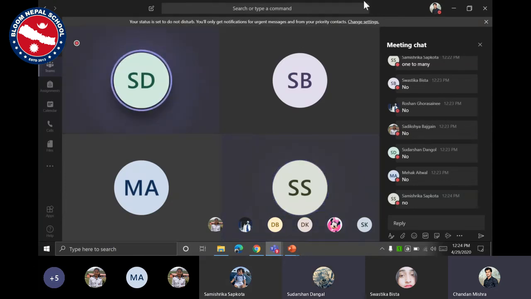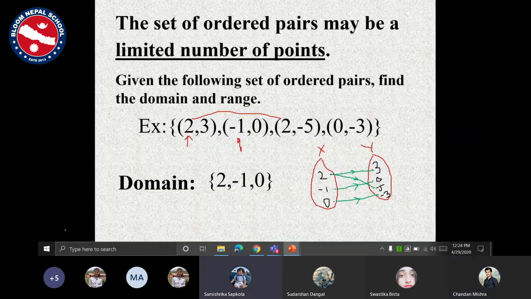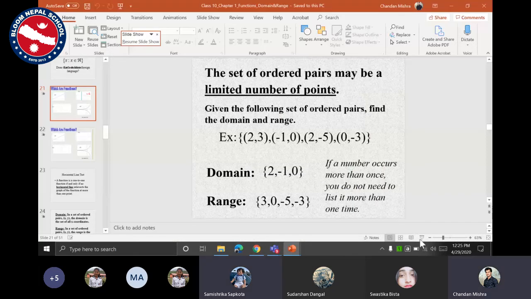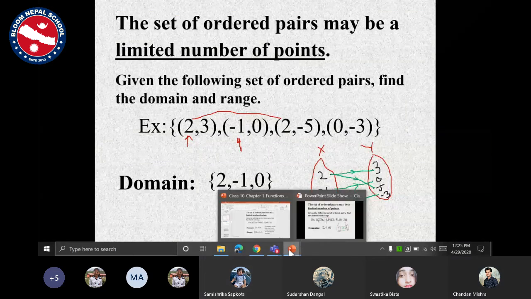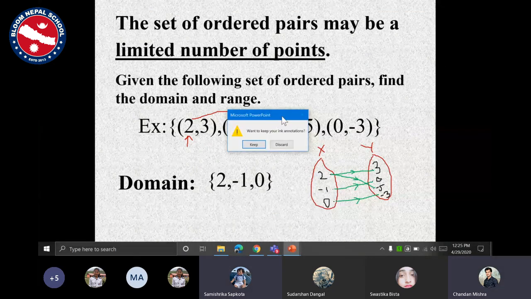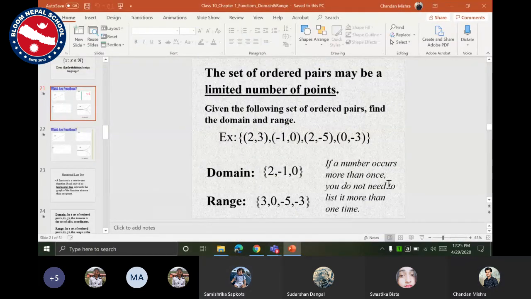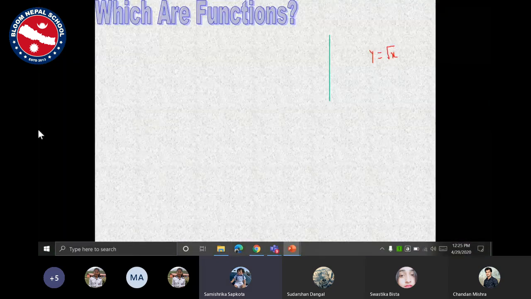So what is needed for a relation to be a function? In which case can a relation be called a function? There should be equal range. Okay, what else? What do you mean by equal range? Can you tell me more? X and Y, there should be the same value or